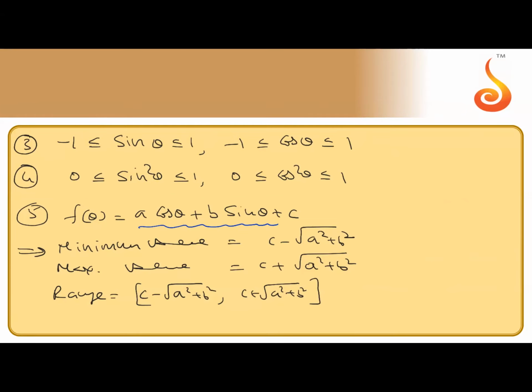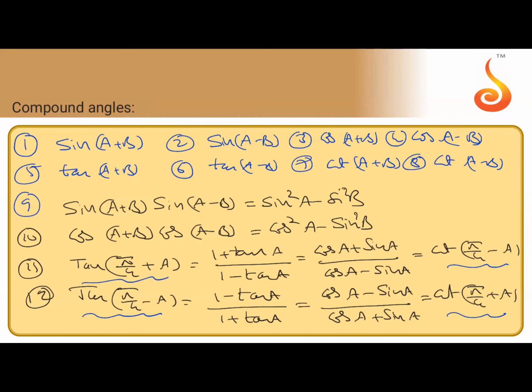Yes. Fine. Next, going to compound angle sum. So I'm going to take the formulas. You have to write all this yourself, because I'm not writing all the formulas. You know all the formulas: sin a plus b, sin a minus b, cos a plus b, cos a minus b, tan a plus b, tan a minus b, cot a plus b, cot a minus b. You have to write this yourself in your notebook. Because why am I telling these formulas?